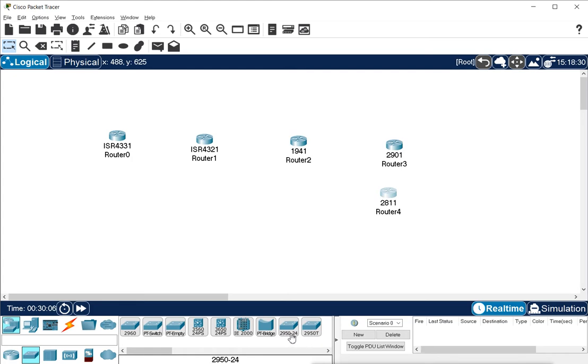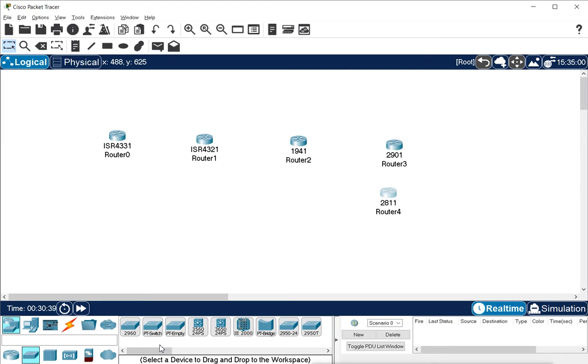Now these are the different switches we have, but Packet Tracer is actually not that good for switches. It has a smaller number of switches, and it is not giving you that number of switches available like it does for routers. For routers it is giving lots of series, but for switches it is not having that many series available. But still these switches are the same, so we can go with these switches.